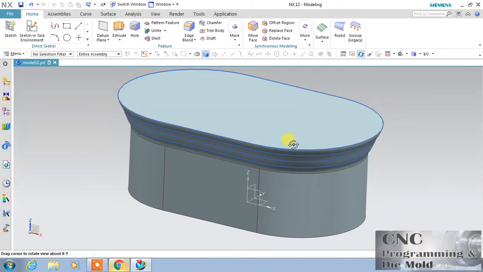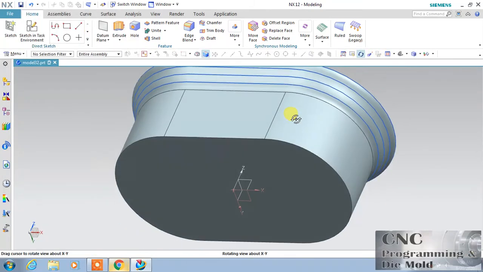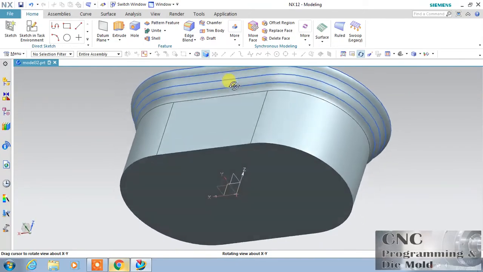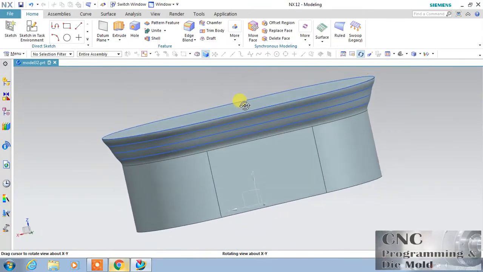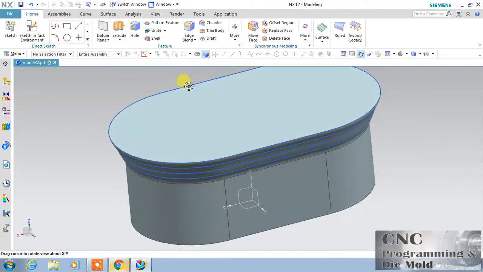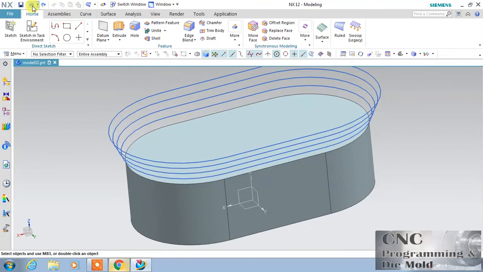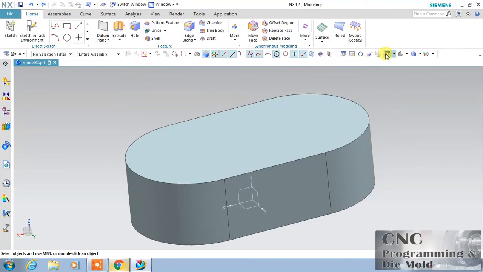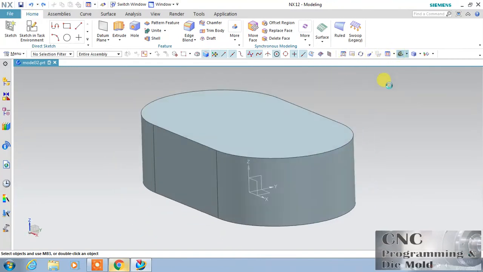Want to rotate, just rotate. So with the help of these curves, we can use through curve mesh. Okay, just undo this and just undo this.